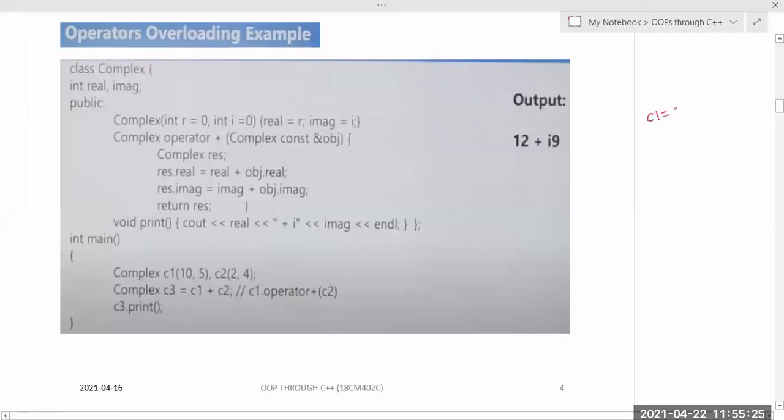So we will see one example program. We have two complex numbers: C1 is one complex number, that is nothing but 10 plus 5i, and we have another complex number C2 which is 3 plus 4i, something like this. Then I just want to add, C3 equal to C1 plus C2. Is it possible normally? If two numbers are of complex type, by using the plus operator can I add?